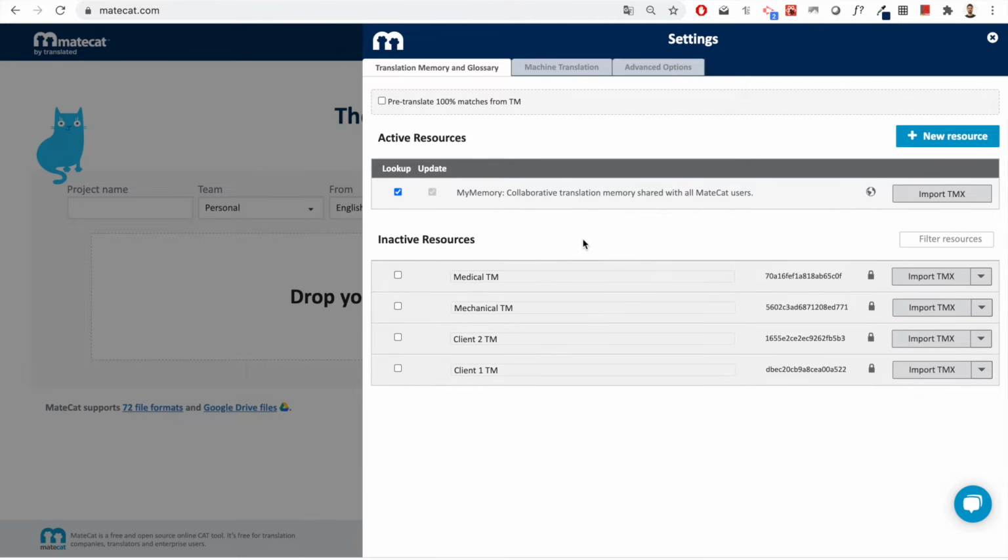glossaries work in MateCat. First of all, a translation memory is basically a repository of all your previous translations that MateCat is going to automatically check and propose to you when you upload a new project to MateCat. Essentially, what does this mean? It means that if I have translated The House is Red a year ago, I will not need to remember it on my own. There will be MateCat that is going to suggest me that I already have a translation